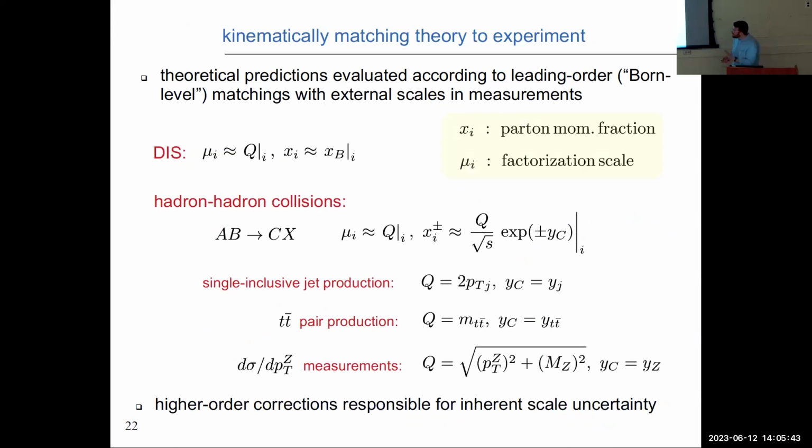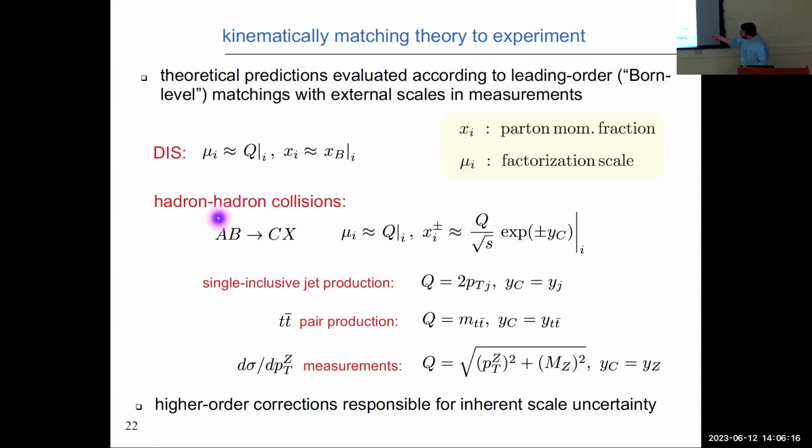There's an additional subtlety with this, which is the question of how exactly do you really do these calculations for a specific measurement? And the idea, of course, is that I can match the kinematics that appear externally in an experiment. For instance, something like the virtuality that I would infer from a DIS measurement and x Bjorken, which I can construct from external kinematics. I can match those sorts of things to the partonic level physics that enter the factorization theorem that I just wrote down. And you do the same thing for different processes.